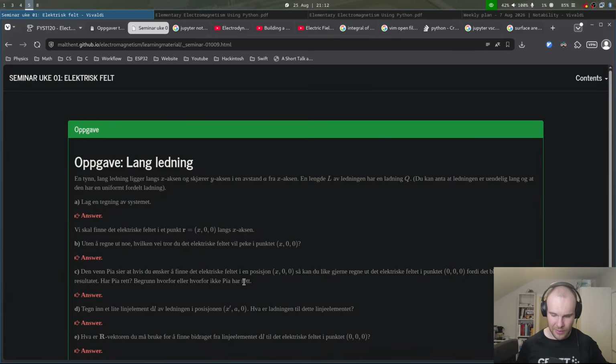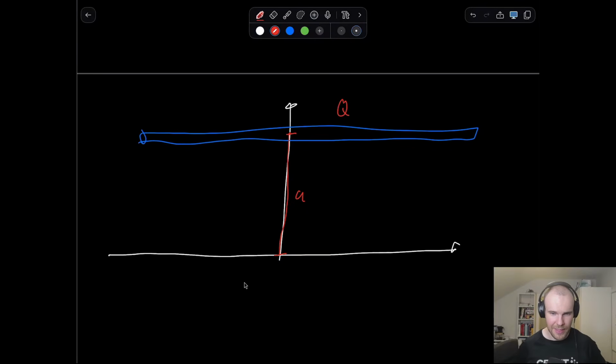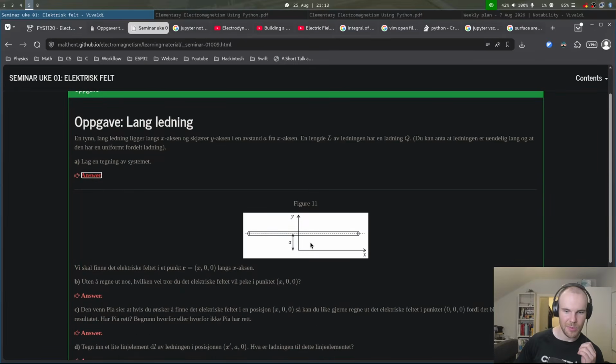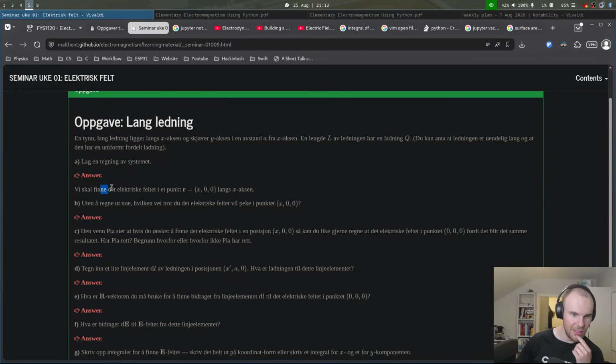And it has a charge Q. Okay, draw the system. Yeah, that's the system. Very nice. Yeah, my system is awesome. Let's find an electric field in a point R